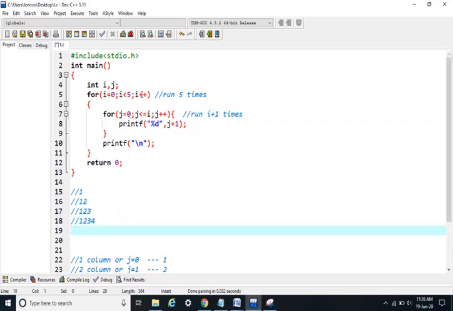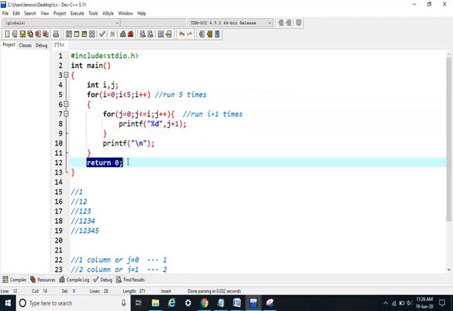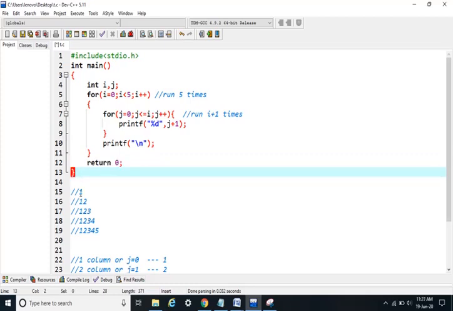After that i will become 4 and this loop will run 5 times and will print 1, 2, 3, 4, 5. After that i will become 5 and this condition will be false. So this complete part will be skipped and the control will reach return 0 and our program will end. So we will get the desired output.